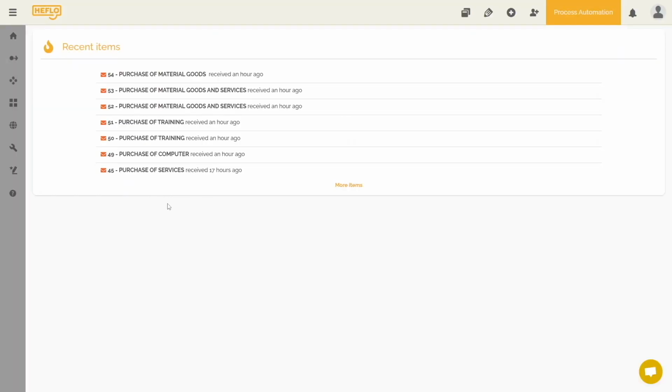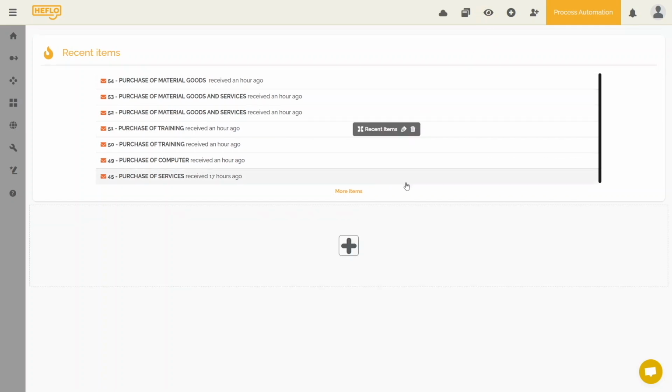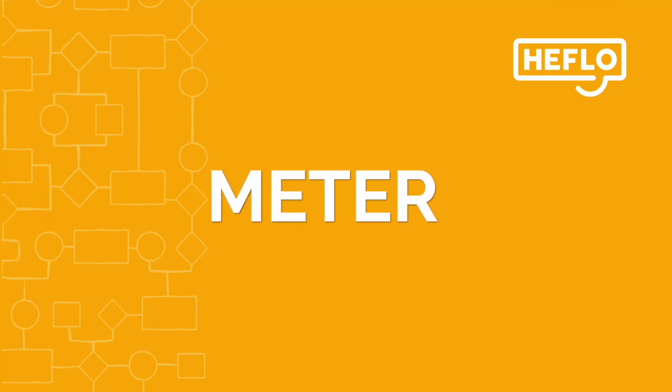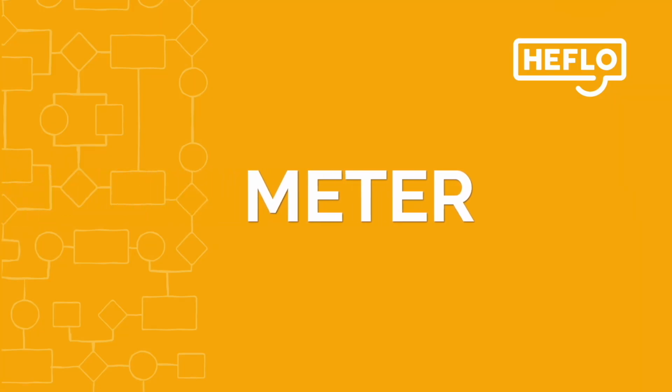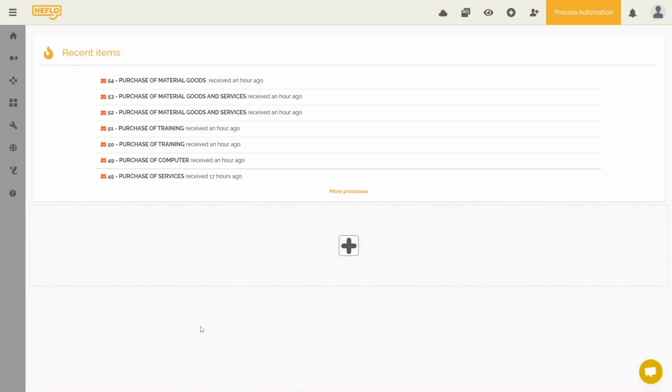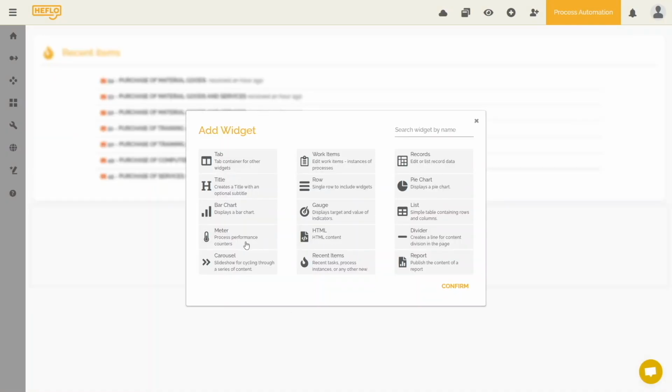If you see your page this way, you are in viewing mode. Let's now enter edit mode. The next widget we are going to add is the Meta widget.